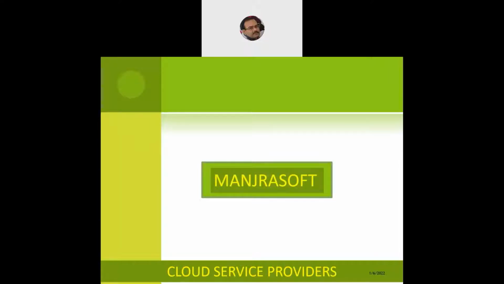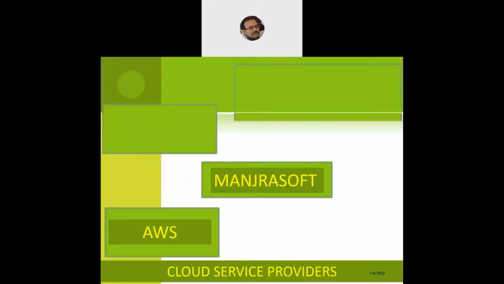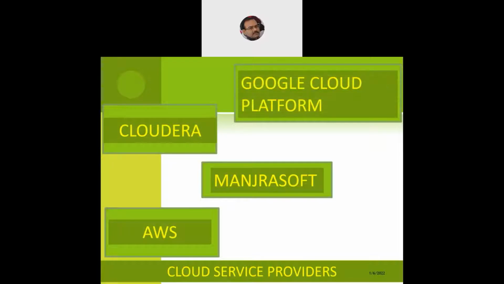Now let's take a schematic diagram to understand the issues. We've got cloud service providers. One is a very well-known cloud service provider, of which we have also used a simulation tool, CloudSim. It's provided by Manjrasoft, an Australian company that deals in the cloud service provider business. Then we have AWS, a very well-known cloud service provider. Then we have some other cloud service providers like Cloudera, which is very popular. Then you've got the Google Cloud Platform, GCP, introduced by Google, and then IBM.